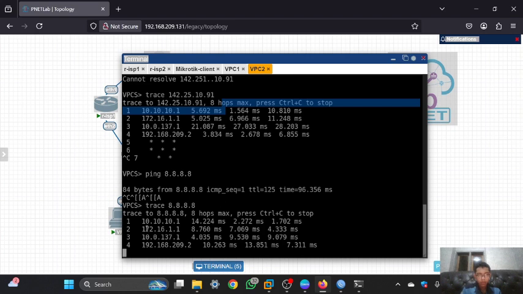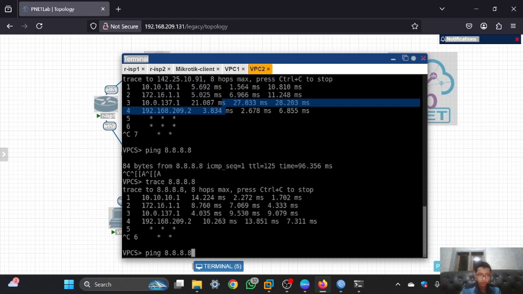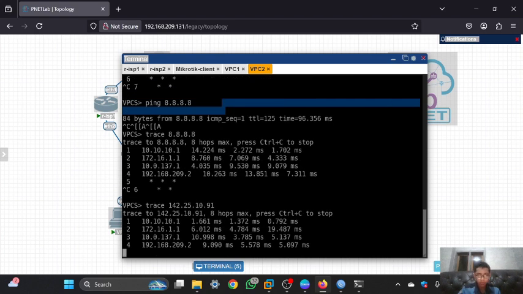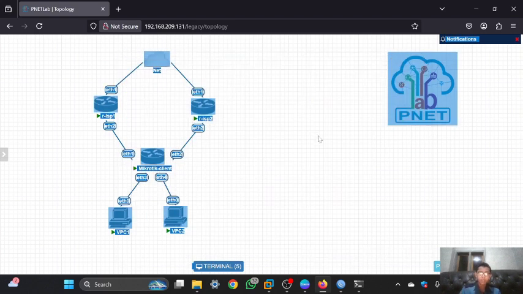It is using the IP of ESP2, and if I try to ping the IP of YouTube, it is also using the IP of ESP2. So the configuration is successful for the bandwidth comparison.